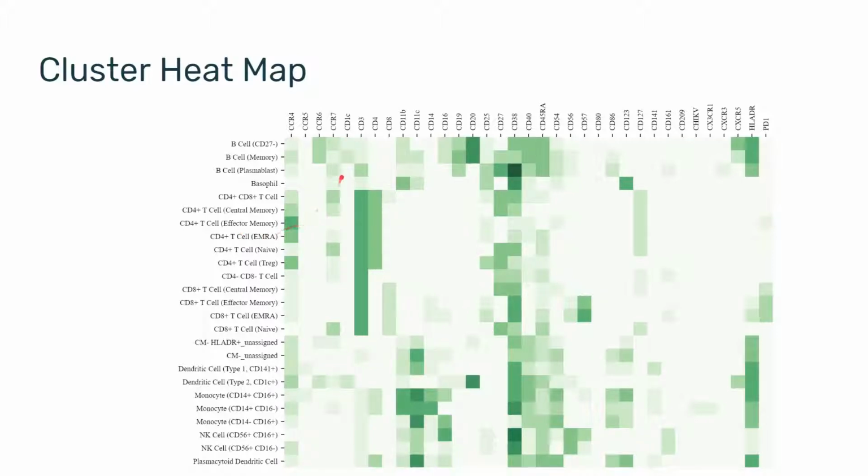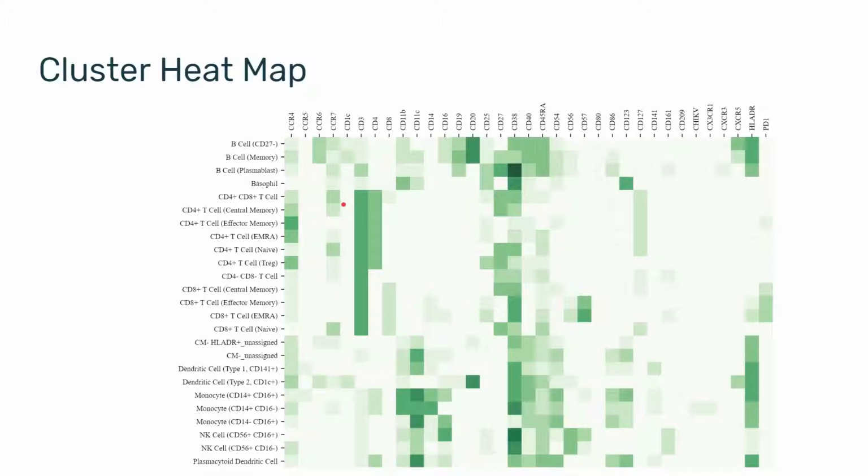One way to do it is using a heat map, as you see here, where every column is one of the markers, every row is one of the clusters or the cell subsets, and the intensity of the tile indicates the level or the expression value of that marker in that subset. And this makes sense if you really want all of this information. This is essentially a table where we replace the numbers with colors, and it allows you to relatively easily survey